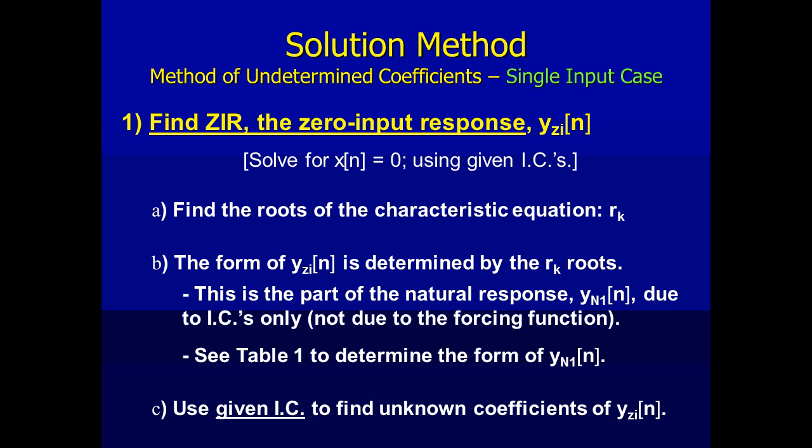Back up there. So we've used that table. We've done step B to give us the form of the natural response, the form of the zero input response. And now we have to find K. Well, how are we going to find K? We're going to need to use that initial condition to find the unknown coefficient. So using that initial condition,